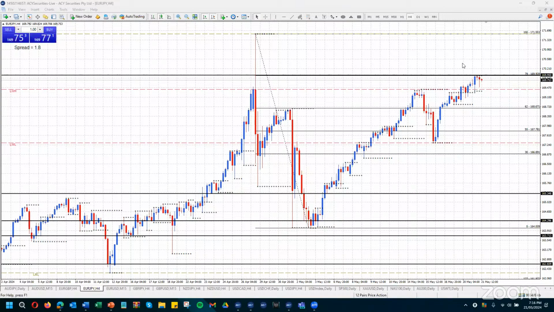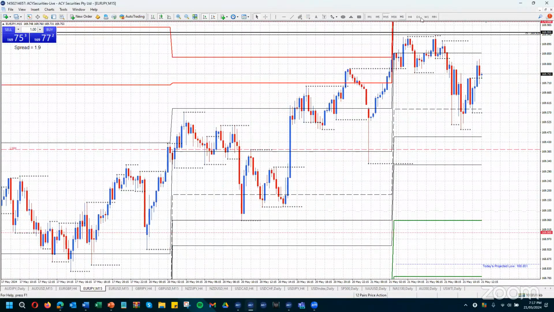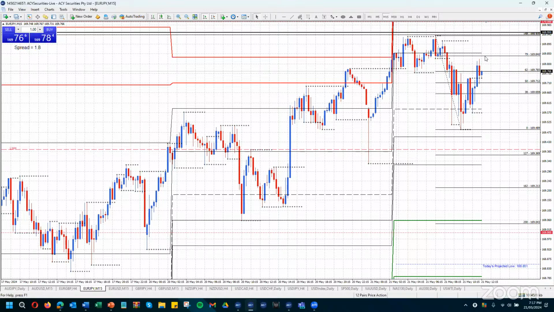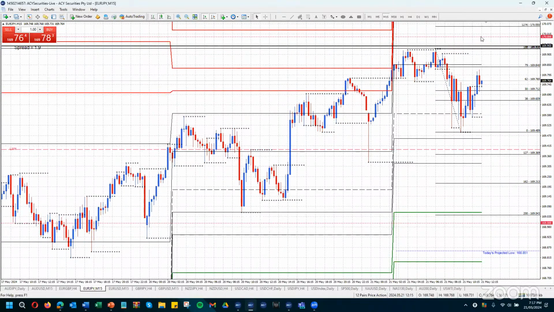Okay, that's my thoughts there. Potentially, you may be able to get a very tight entry in here on the 15. Selling at 79% here, getting your stop above the area above, just in case price comes up to spike up. So you probably want to get your stop above 170, something like 170.20, or if you want to use my 100 stop method, you could be getting short at 169.84, stops at